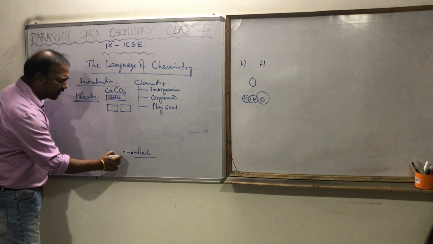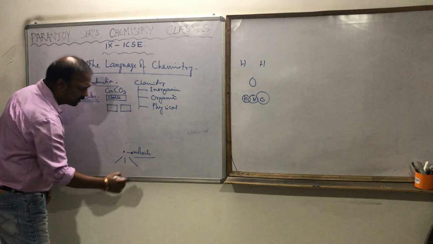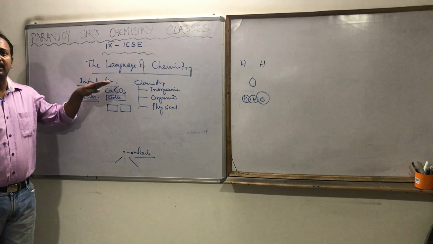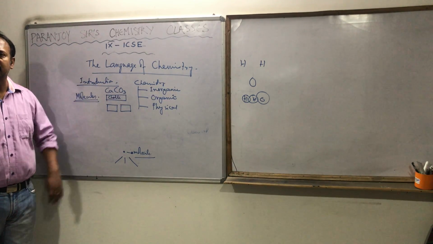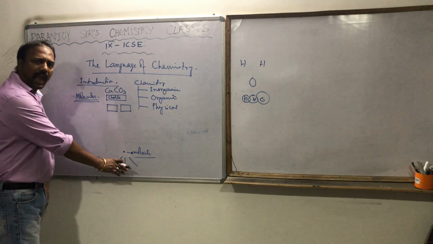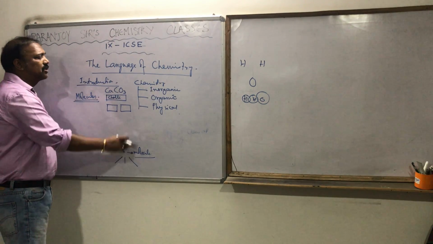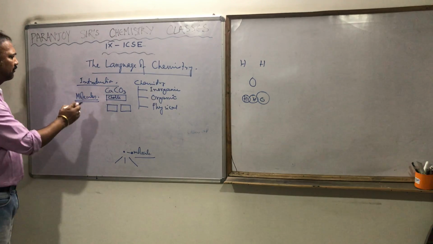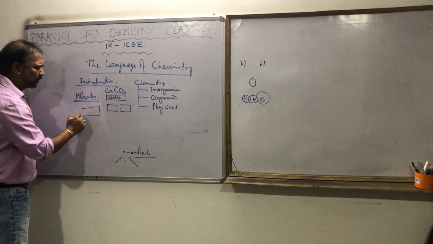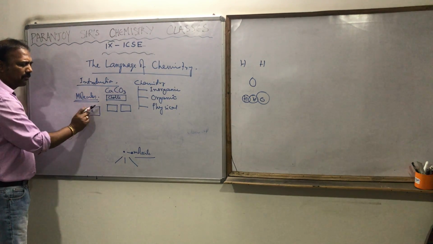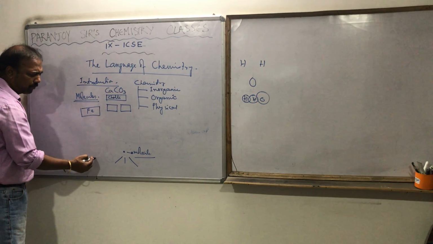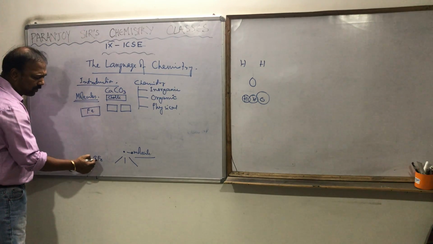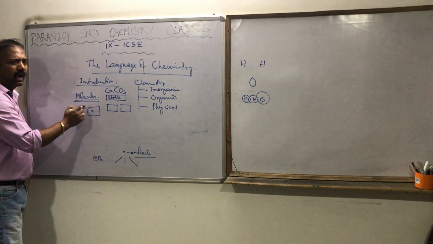If I break it further, we are going to get something where the properties of the substance do not remain intact. Those are called atoms. But it is not necessary that in all atoms the properties of the substance won't remain. For example, if I take a piece of iron and break it into pieces, we will get a small piece of iron, which is actually the atom of iron, where all the properties of the iron will remain.